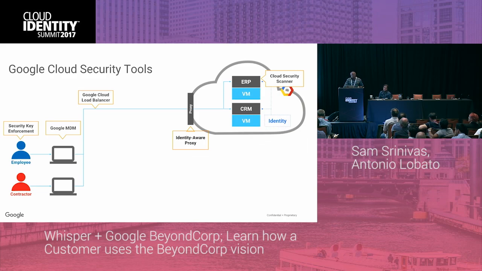And identity-aware proxy, we'll talk about it in a little bit more detail, and that's what is going to give you the access control saying Sam can see this, and Tom can see that, and Jane can see the other thing. And Cloud Security Scanner, again, are tools we provide in GCP, which, again, these are all individual tools. You can use them as you like. And the Cloud Security Scanner, you can use to scan your applications. So stepping back so far,